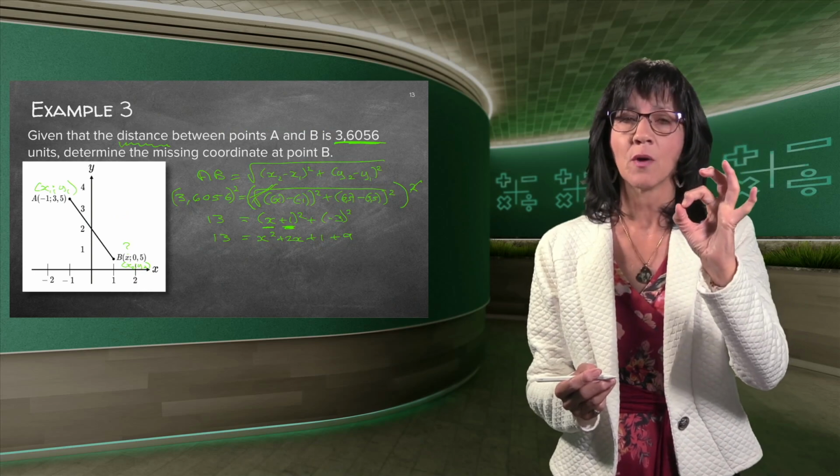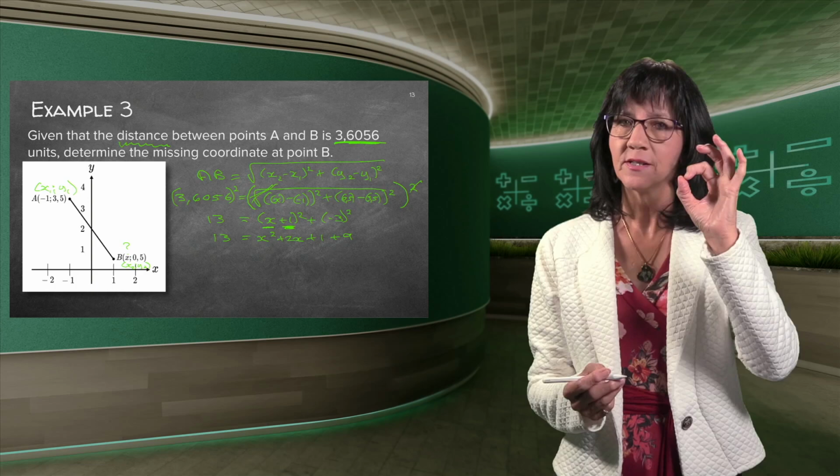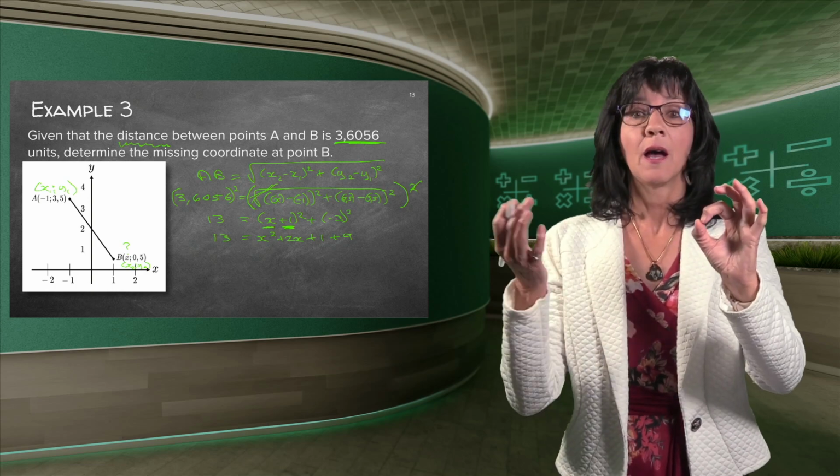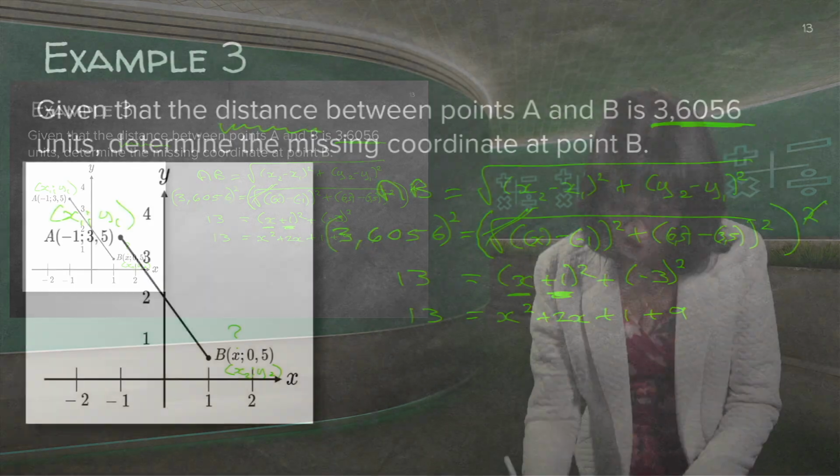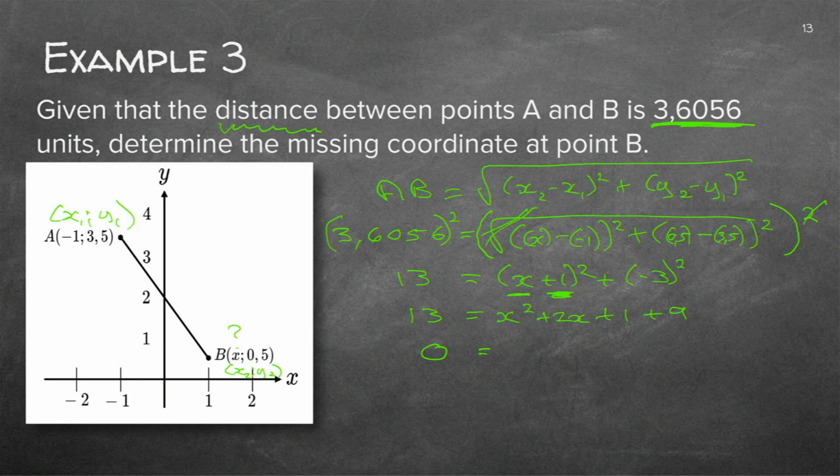I need a 0 on the one side of the equal sign. If I've got a 0 on the one side of the equal sign, I can factorize the other side. I cannot do that if there's not a 0. So I'm going to make this side a 0 because I like this positive x squared. I'm going to leave it just where it is. And I'm going to say 9 plus 1 is 10, minus 13 is minus 3. And there's your old-fashioned trinomial that you learned long ago.